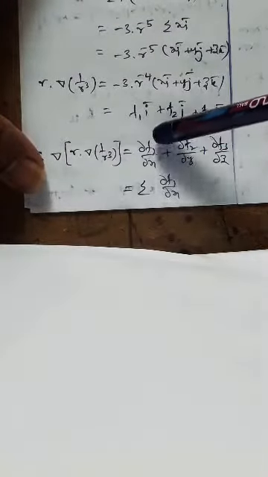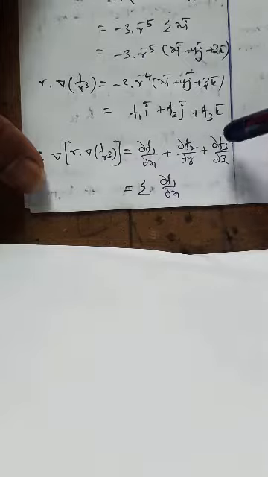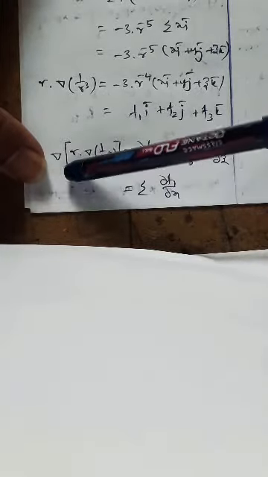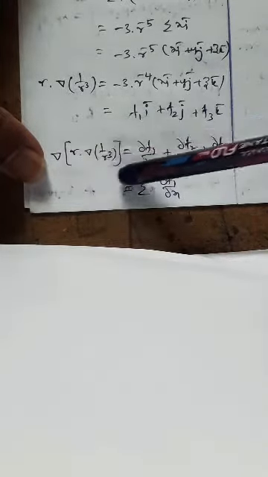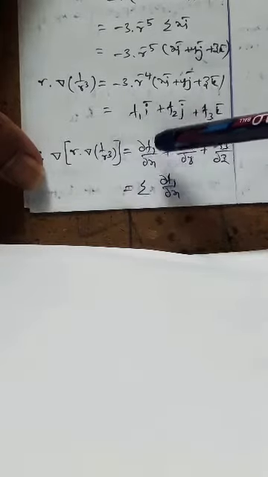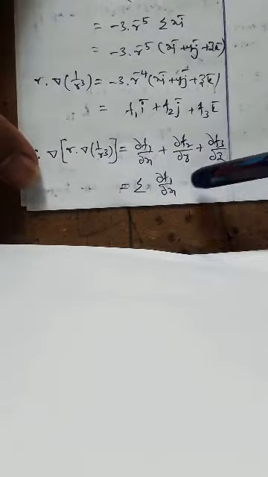So here after this one, del of 1 by r cube we multiply with r, and after that, let me take the total problem. What is the total problem? We have done only r dot of del of 1 by r cube. Now the total problem is what? Before that there is also del, so again multiply with the del. So the formula of del dot this one is dou f1 by dou x plus dou f2 by dou y plus dou f3 by dou z. This is nothing but divergence of the total one. Divergence of that one is dou f1 by dou x plus dou f2 by dou y plus dou f3 by dou z, nothing but summation dou f1 by dou x.